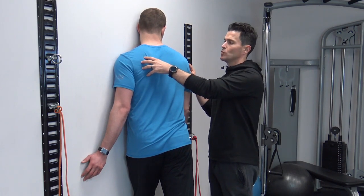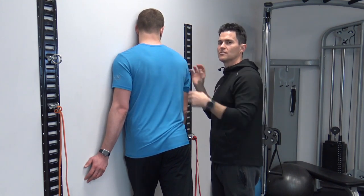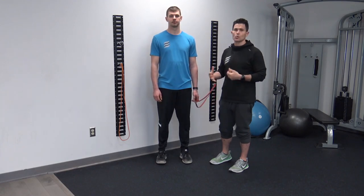Remember to breathe out as you pull the shoulder back, breathe in as you let the shoulder roll forward, and when you're done, finish up and we'll move into the stretch. To complete the neuromuscular stretch of the pec minor, you're going to want to have your arm behind the torso